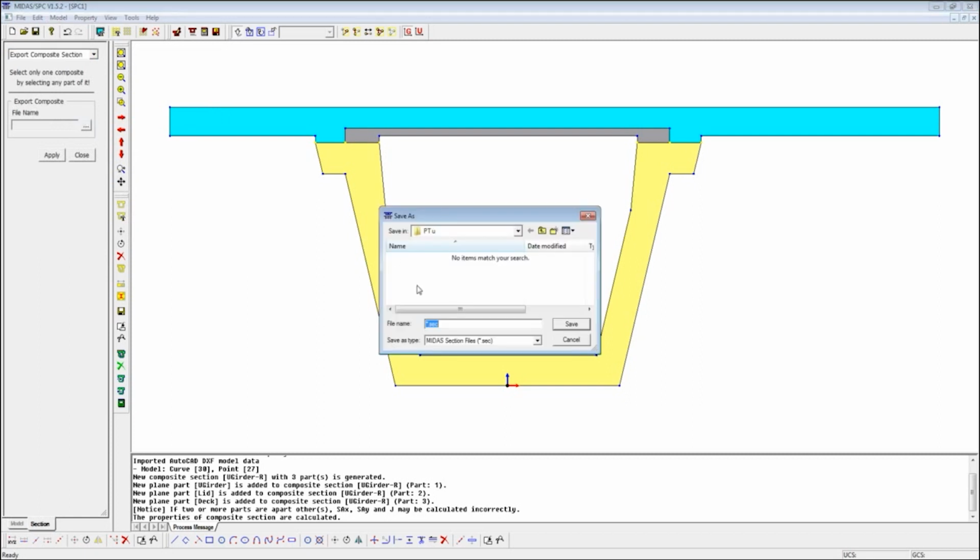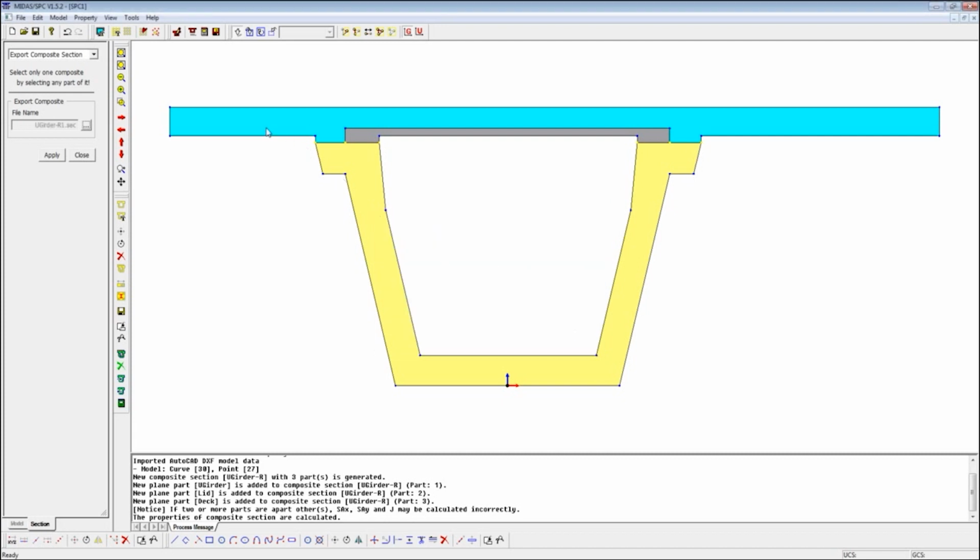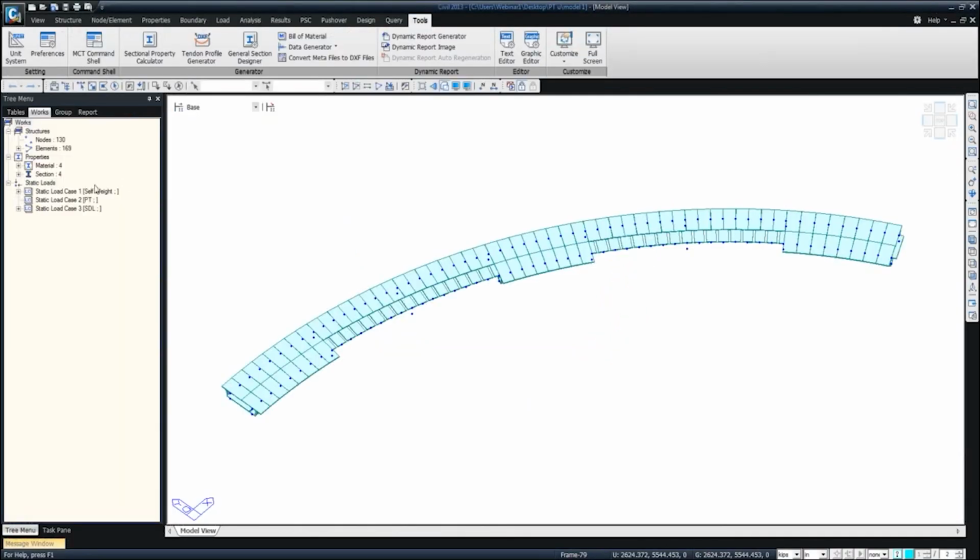And here I'll define it, give it some name. I'll say Girder dash R. Say I'll change its name to R1, and I'll say save. And now I'll just select the entire cross section and say apply. So now the section is created and saved, and all I need to do is go into the program here